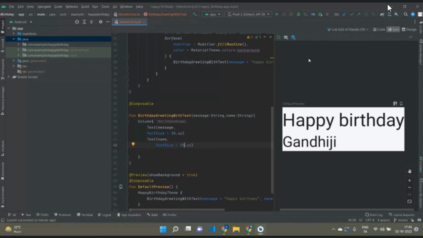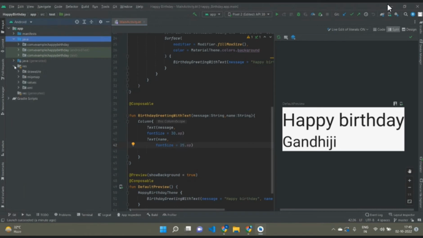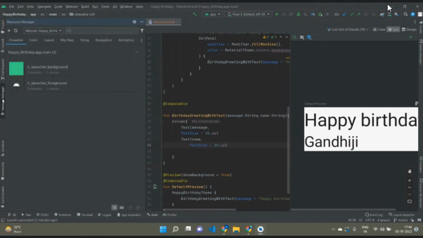Now just see an important thing. Since in the first lecture I told you that whatever photos or sources that are not part of the app, which we import from outside to put into our app, all stay in resources. And photos like these, which we have to add in our app, are generally there in drawables. So for adding a photo in a drawable, we have to open the Resource Manager bar. It's on the extreme left of your